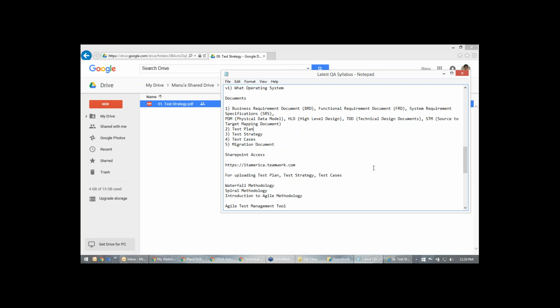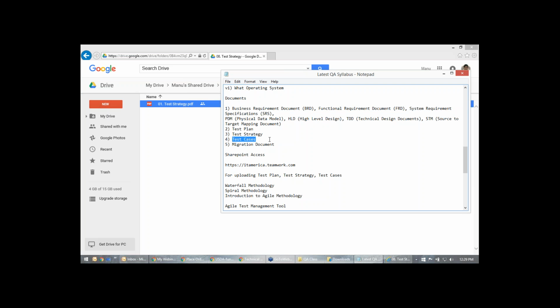If you want to design it, the QA lead will be helping you out, or mostly the lead will be doing this, and you will be giving input to the lead. Okay. Next we have test cases. Everybody knows that a test case is a document. Test plan and test strategy is a high level document which is done by the QA lead. Test cases is a detailed document which is done by the QA analyst or QA tester.